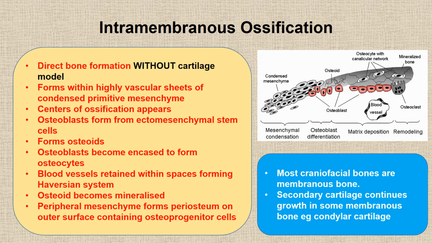Osteoblasts form from the ectomesenchymal stem cells, which form osteoids, and eventually the osteoblasts become encased to form osteocytes. Blood vessels will be retained within these spaces, giving rise to what is known as the Haversian system, and the